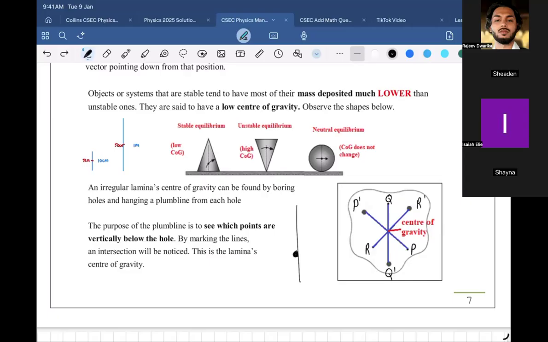Good job, Isaiah. That's the experiment. Okay, so I'm waiting for the pictures of the other diagrams from Isaiah and Shayna. As soon as we're done with that, that's it for class today. I'm going to give you all some homework. I'll find some past papers and give you some questions based on what we've done so far.